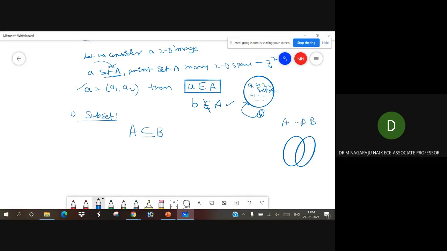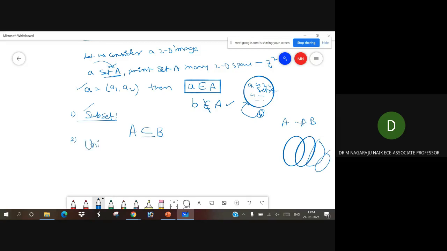We are taking the two subsets, set A and set B. Subset is nothing but A subset of B. That is a representation.